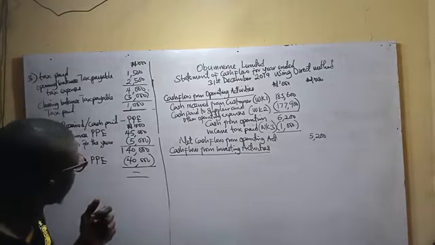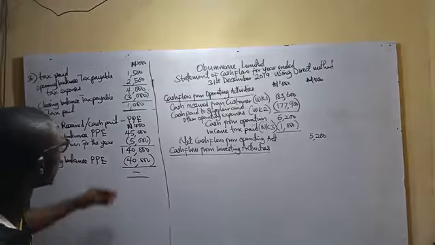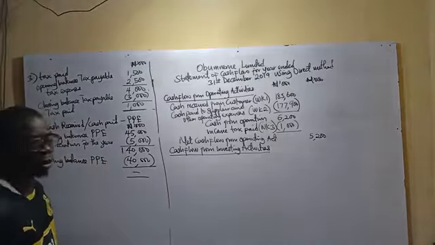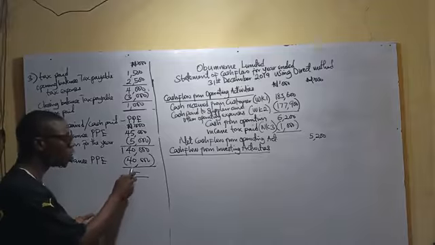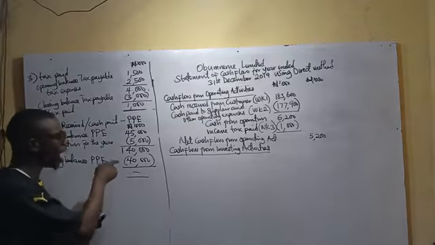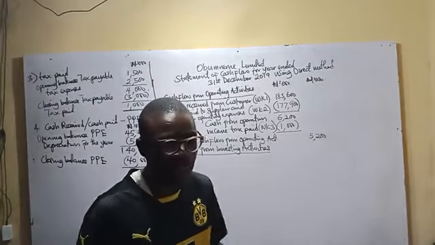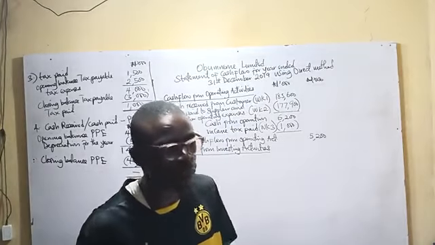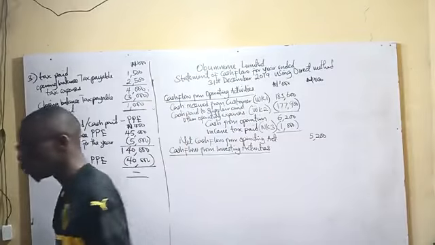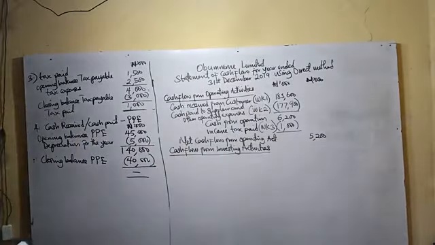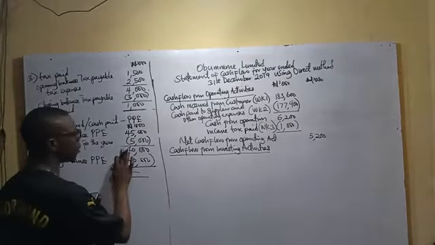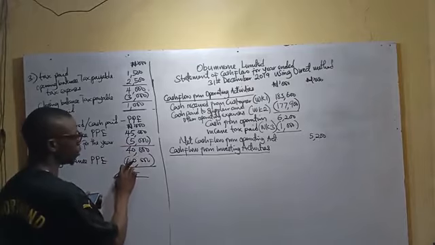Inflow of cash. What has happened? That means you have sold part of these assets. That means you have sold what? 100,000, because the value has decreased. That means you have sold part of it now. So it will be cash received from disposal of PPE. Am I communicating? Now, but let's imagine that this place